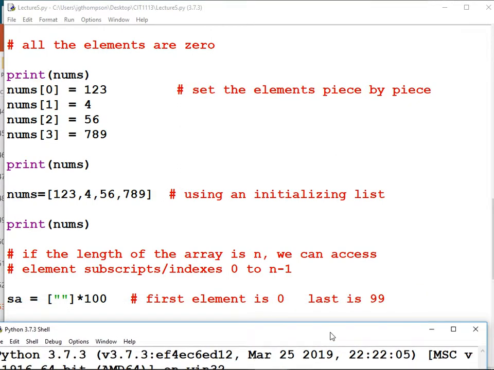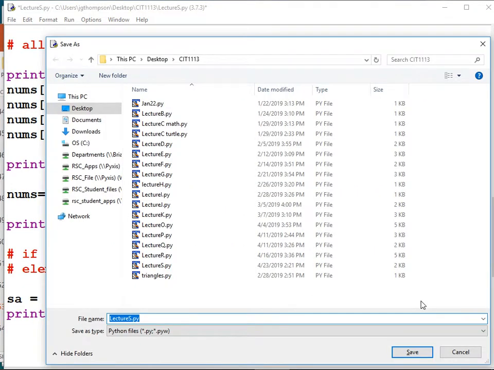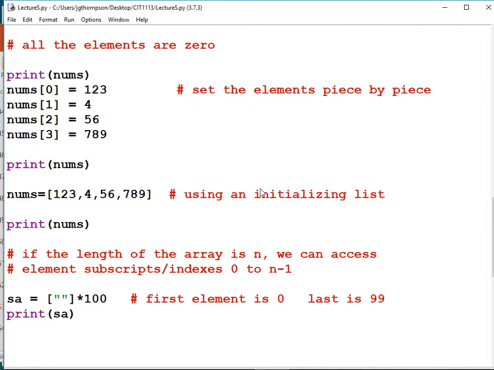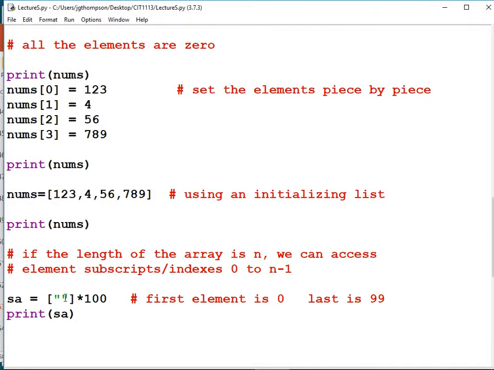You know, and if we printed out SA, it would be really long, right? Because it's got 100 elements in it. Right. 100 strings. What if we wanted something more interesting than little blanks, right? We wanted 100 smiley faces.